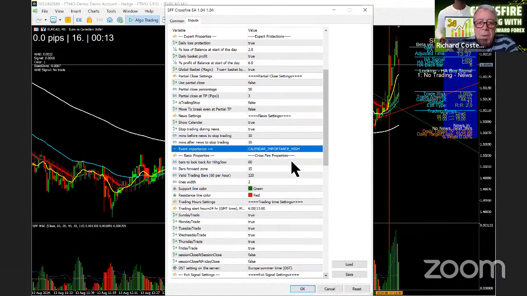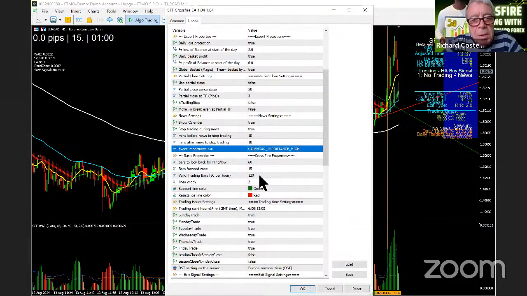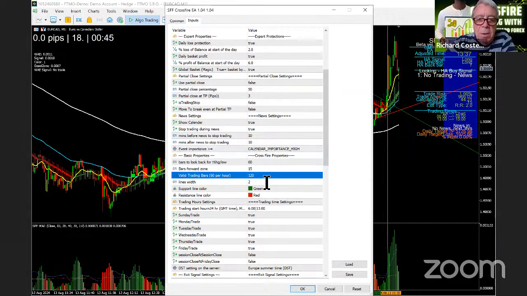These are crossfire properties. These are not on the other trading assistant. So I haven't done anything with those 2. What I have done with this one, there's 60 bars per hour, and Oliver's set the default to 120. So that's 120 minutes, 120 one-minute candles, and then it will stop looking. I want that to be 180, because